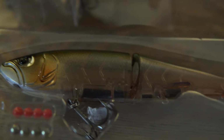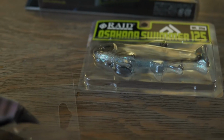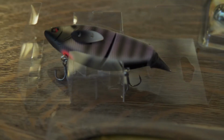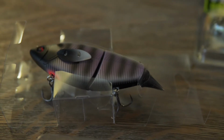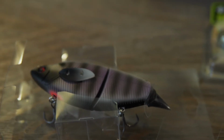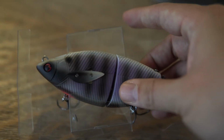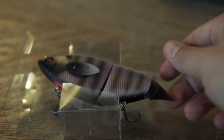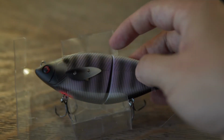All right, and for the final category, it's just swim baits. Really excited to try all these different swim baits, and I'm very fortunate that I got my hands on some of these. This is the Hanitas Q-Wing system by Madotachi, and it's in a special edition color, but I really like the size of this bait. I really like that it is